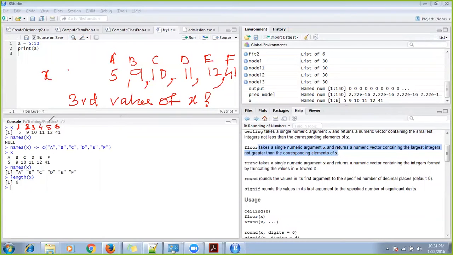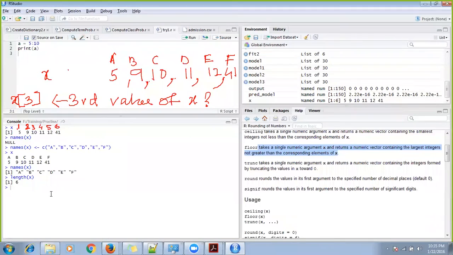Sorry. Now I want to know the third value of X. What you need to do is give the vector name, put a square bracket, and inside it put 3. It will give you the third value of X. Let me do that for you.